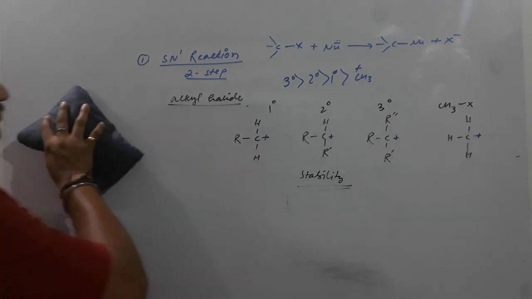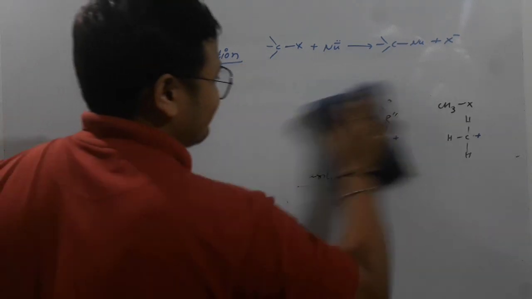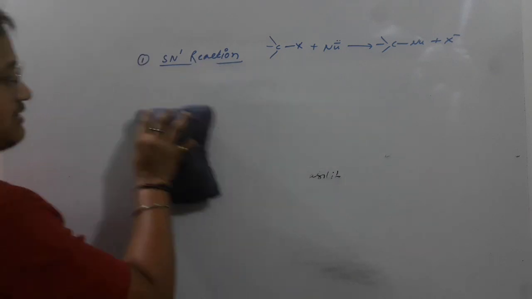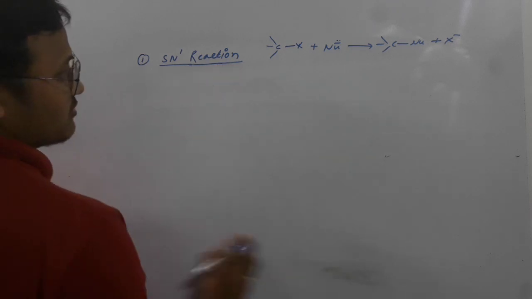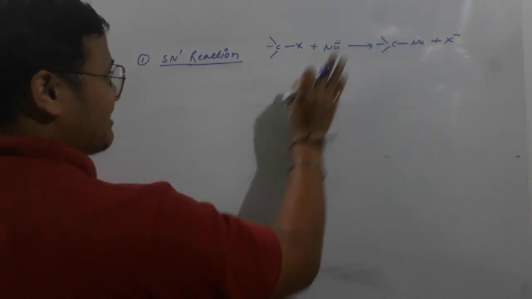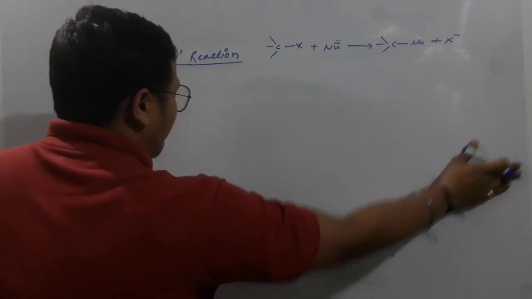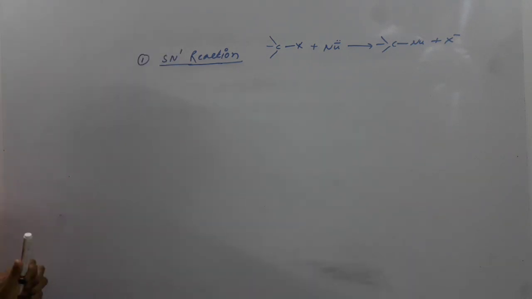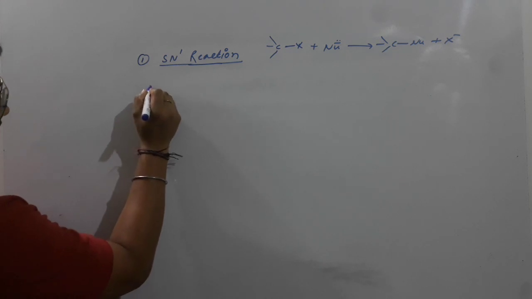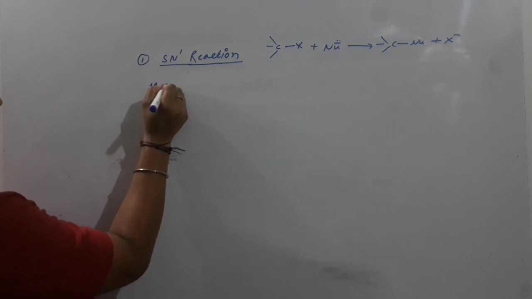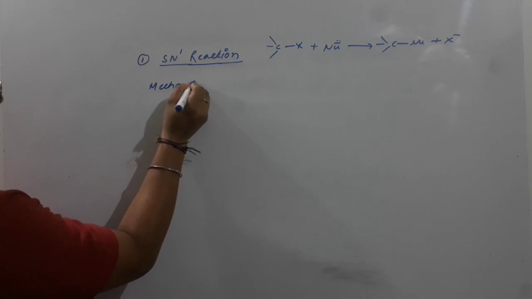Okay. Now what will we go for? We will go for the SN2 reaction. SN2 reaction. Now, it's the same reaction I have written here, okay? But an interesting thing will happen here. Let's try to go through this. Consider the mechanism. It is our mechanism, right?